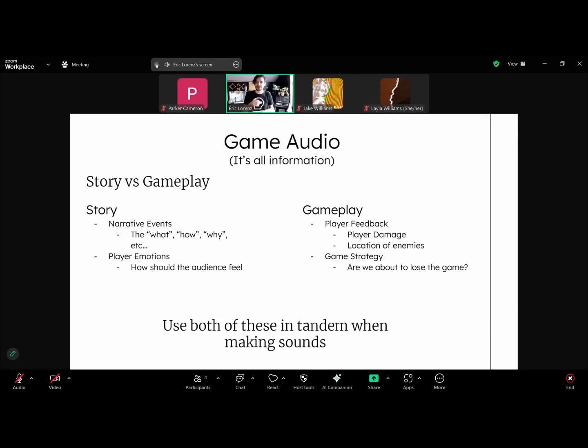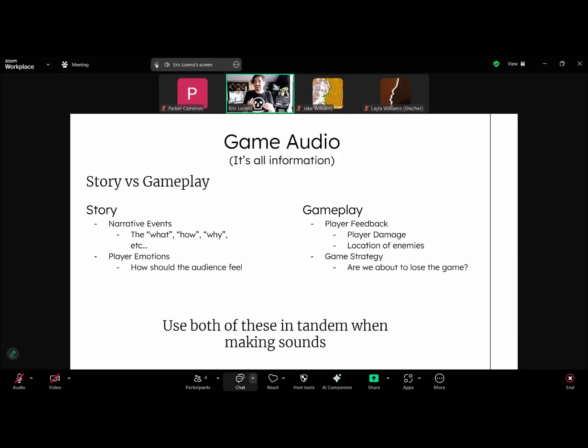And then also strategy, which, right here I said, are you about to lose the game? Is your health really low? How do you address those things? Or even a hidden area, you can put audio to suggest, steer a player towards certain areas. And so, you want to use both of these things in tandem when making sounds,